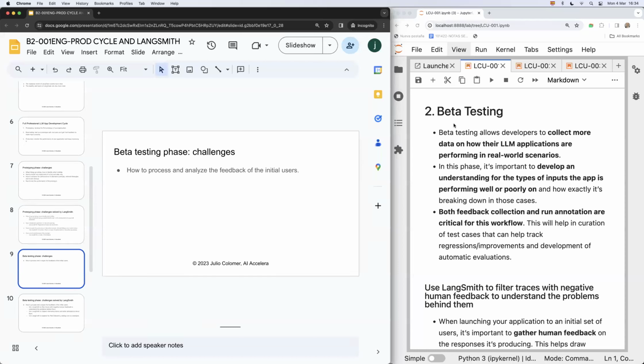Okay, so we know what beta testing is about, and what they have identified is that the top challenge that development teams are finding in this stage is to be able to answer this question: how to process and analyze the feedback of the initial users. And remember, this beta testing phase is in many cases just